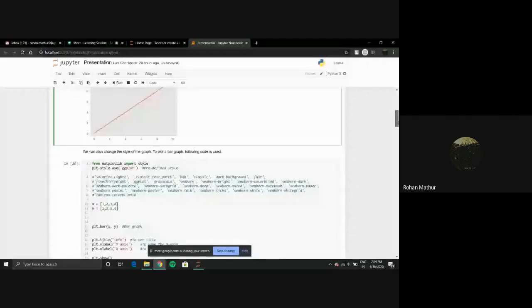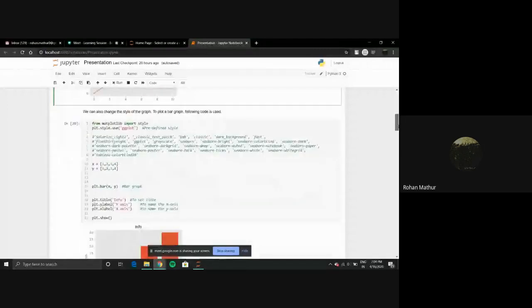Next, we are going to be using styles, and we're going to implement a bar graph. So what is a style in Matplotlib? It's used for customizing properties for your graphs. These properties include fonts, labels, colors, even background as well.